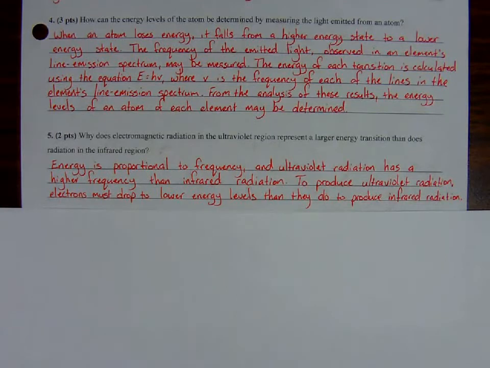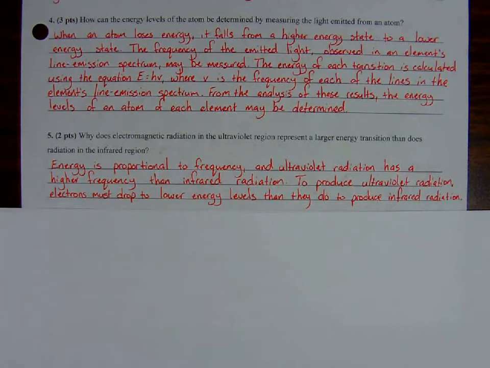Then when we remember that the amount of energy present in a photon is equal to the difference in energies between whatever two energy levels between which the transition occurred, once we know that, we can calculate how much energy. We have to calculate the differences between the energy levels, I should say.